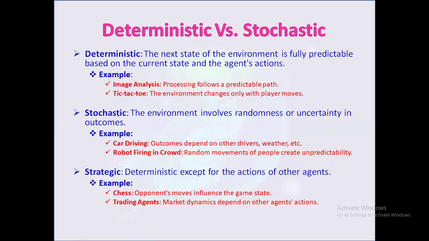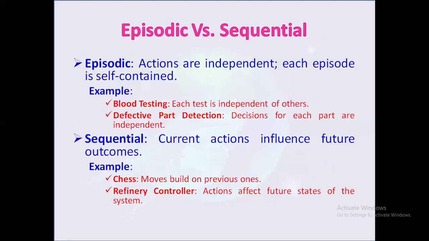These distinctions help define the complexity and decision making strategies an AI agent must adopt in different environments. The next type is the episodic versus sequential environment. In an episodic environment, each action or decision the agent makes is independent of the previous ones, and each episode